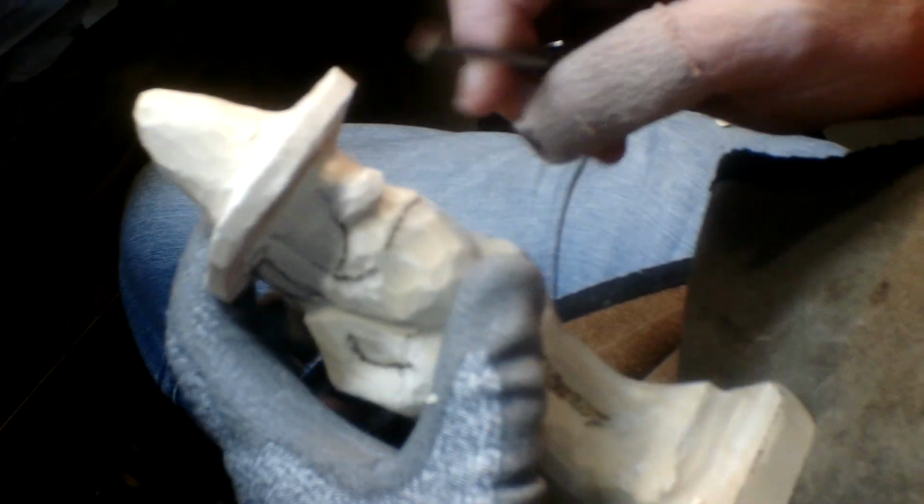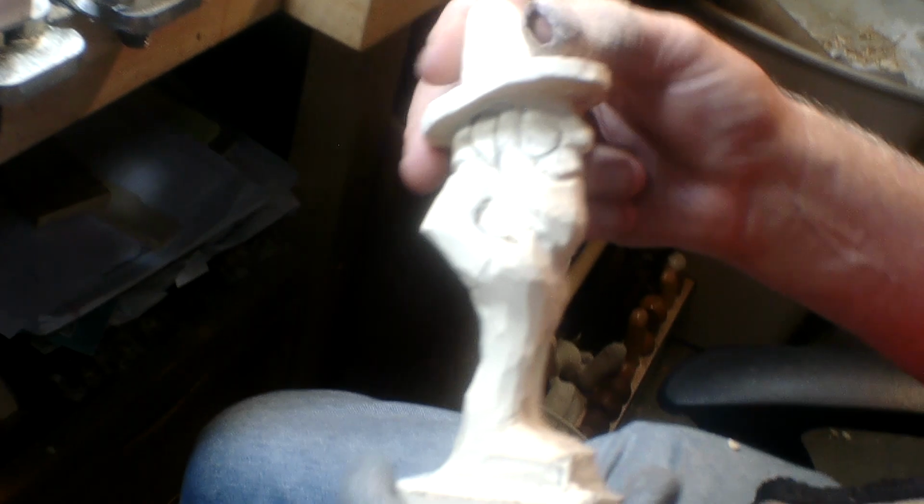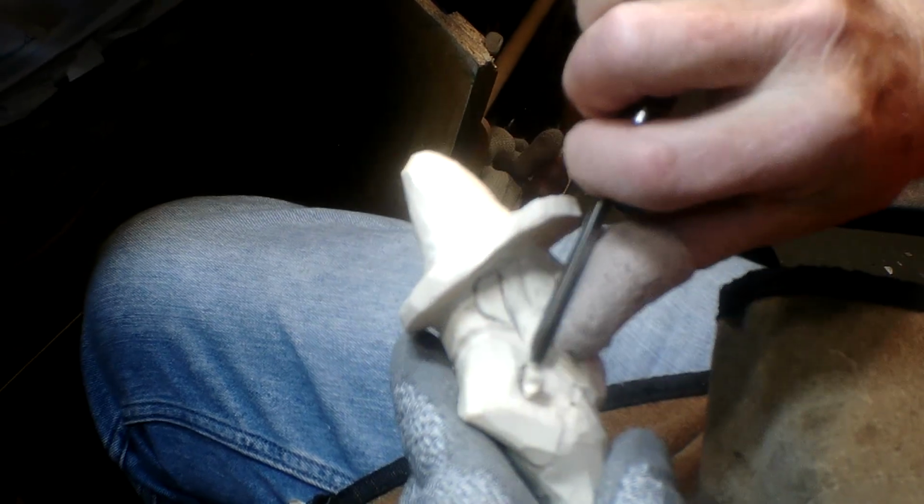Now, right in here, I want that mustache, so I'm going to lay in with a number 9 gouge, about 1/4 inch. I'm going to go ahead and do the bottom of this mustache, get it mapped in. You see that right there, Peyton? Yep. Now, right in here, I'm going to come in with a gouge and start gouging that away there, and right here, and here. But actually, that's where I wanted to be